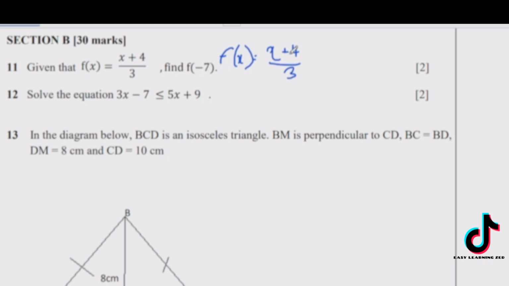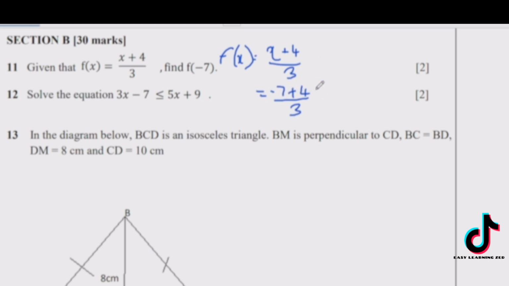of -7. So where there is x, we're going to put -7. So we can even say down here, equal to -7 plus 4 over 3. Okay, so first I'm going to evaluate